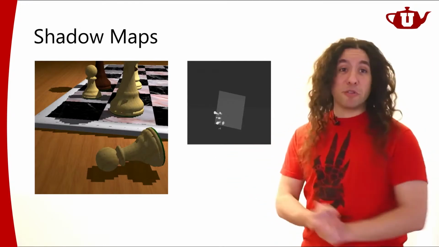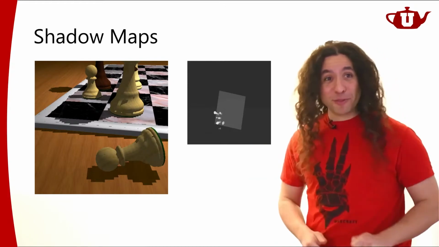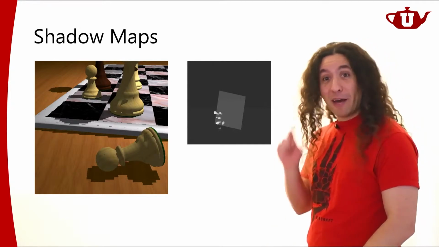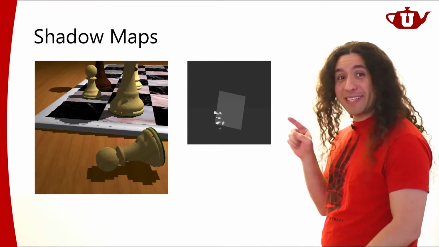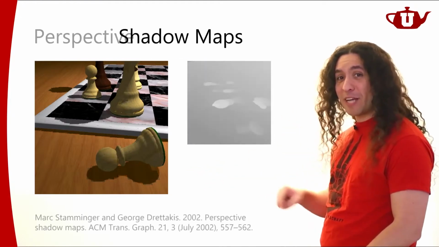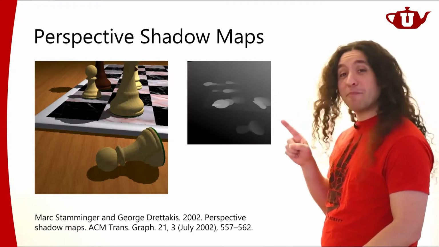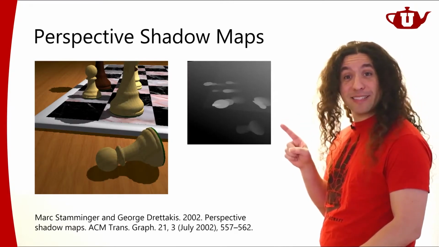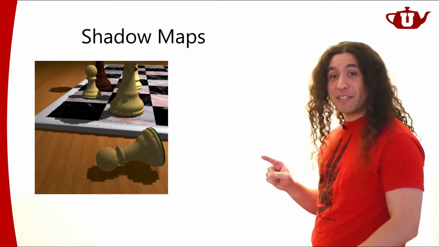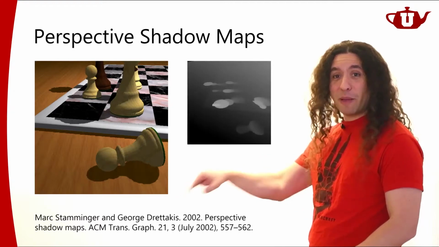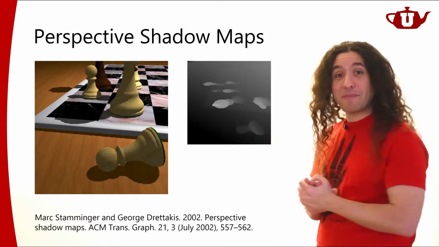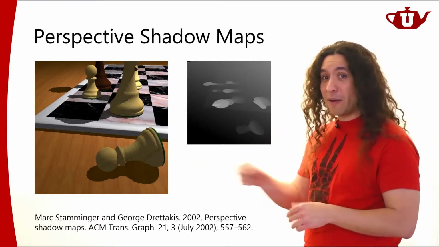Now there's a brilliant solution to this, using a method called perspective shadow maps. Take a look at this. This image is going to change and the shadow is going to be changing. With regular shadow maps, this is the depth map I'm getting. With perspective shadow maps, this is the paper explaining the perspective shadow maps, this is the depth map that I'm getting. It's much better. And the shadow map I'm getting is much better.